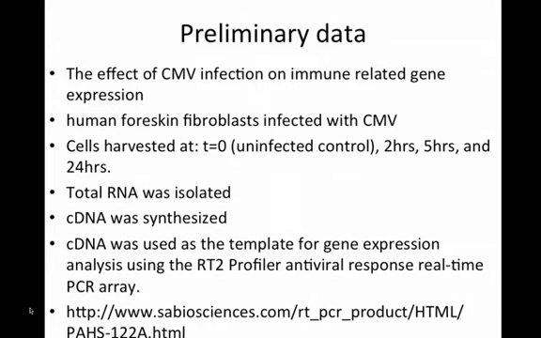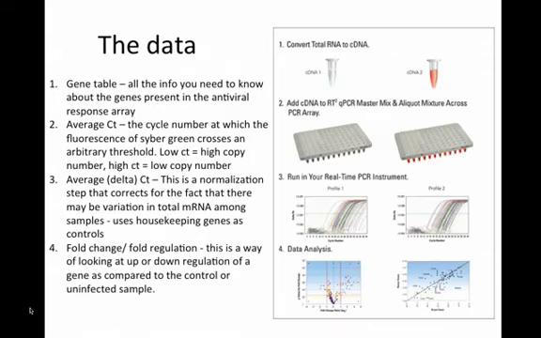And so there's a link there. You can go to the website and look at the array, look at all the genes, and whatever you want to do. Read more about it. But a real-time PCR array is basically a 96 well plate. I think I have a, yeah. So this is from the company.